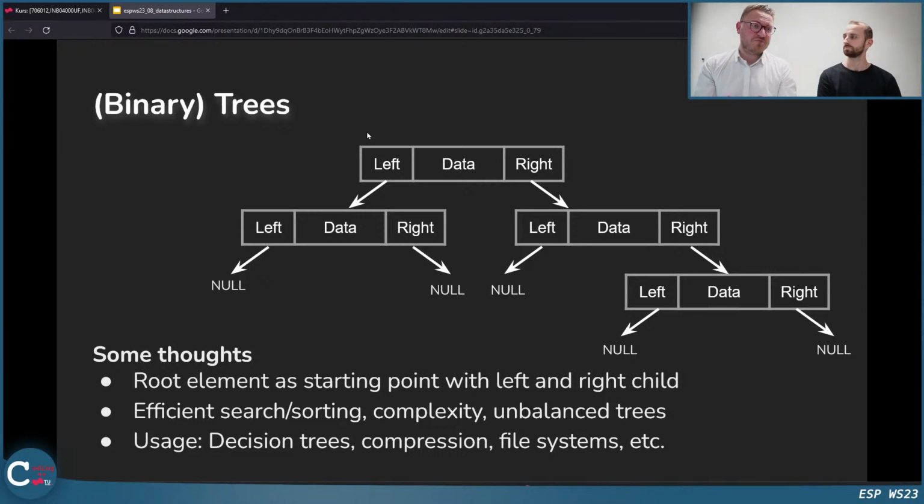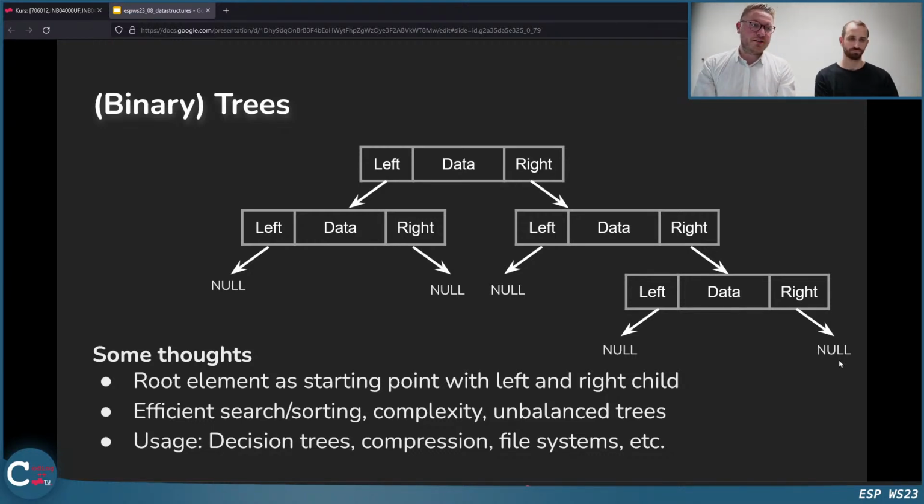I mean, it adds a certain level of complexity, and there can also be the situation that we don't want to have, an unbalanced tree. If we always add on the very right element, what happens is we get an unbalanced tree, actually a linked list, because this flattens the structure of a tree down to a linked list.